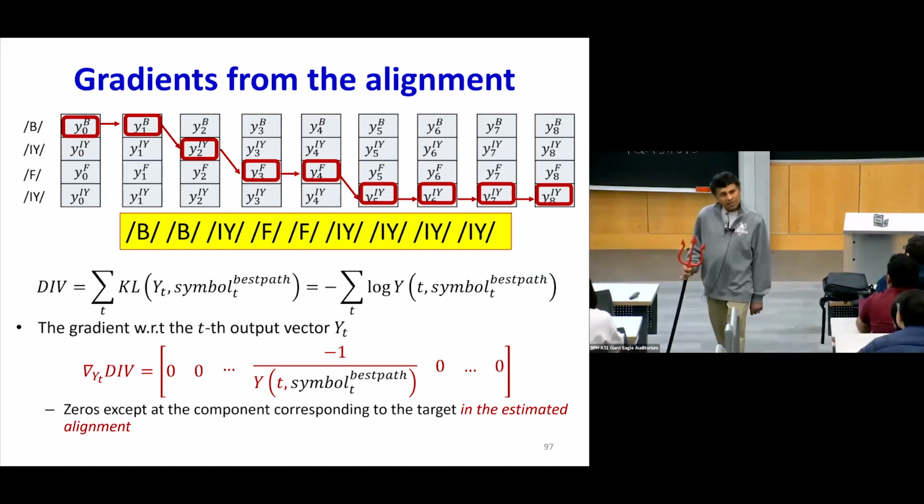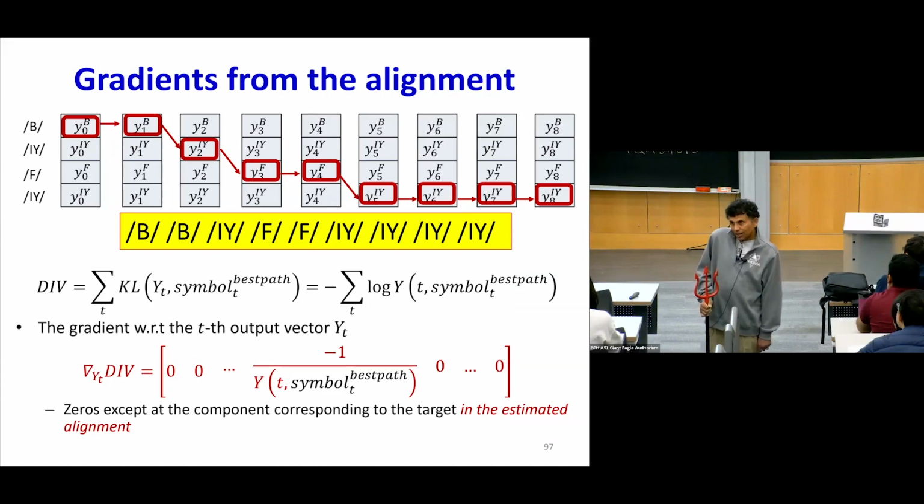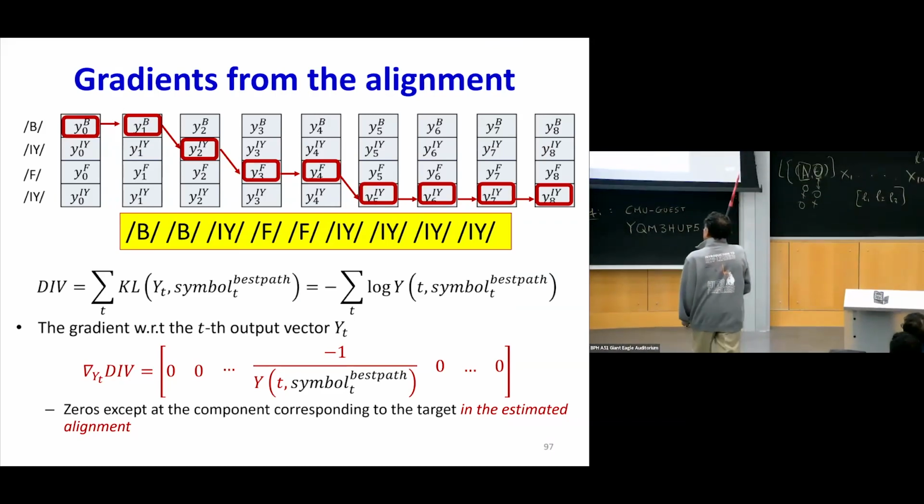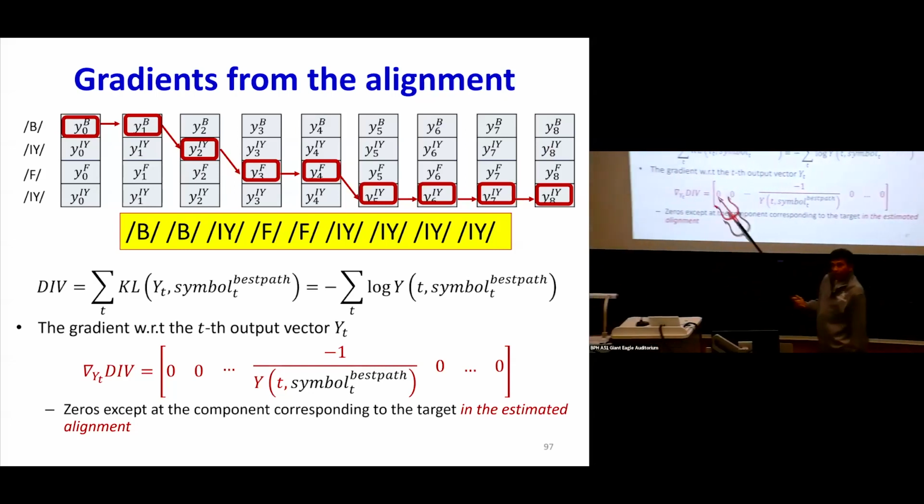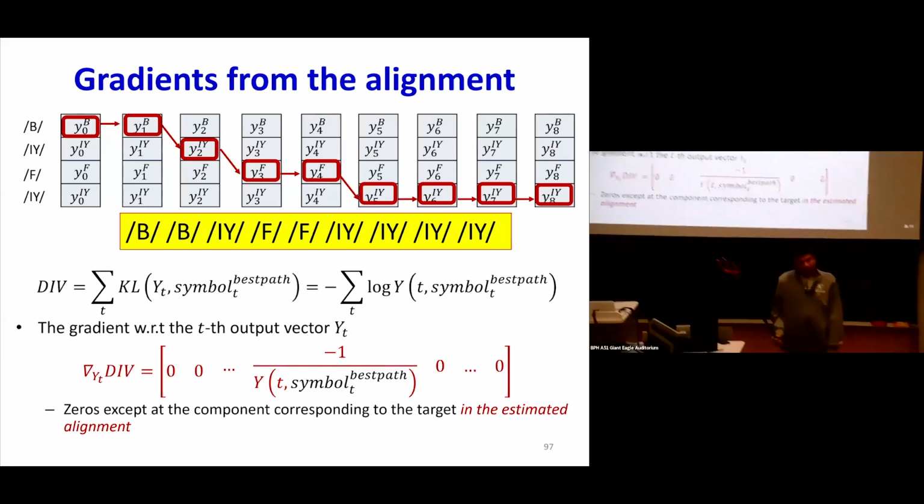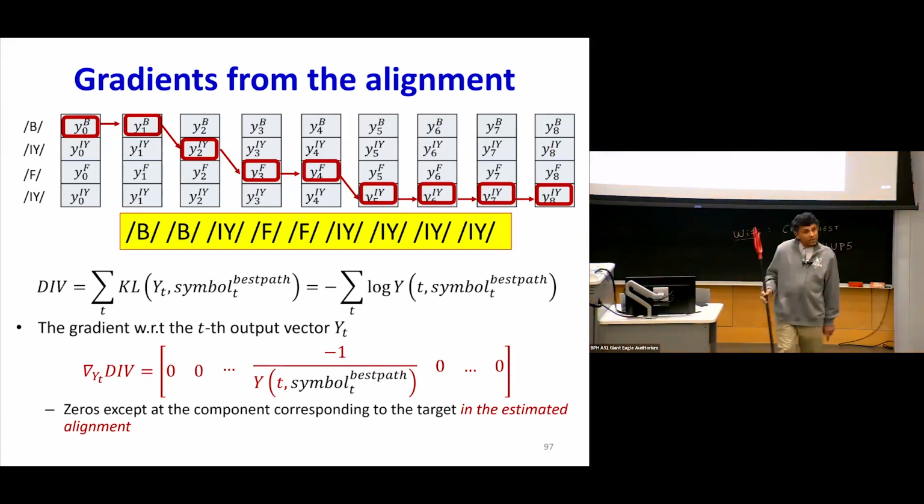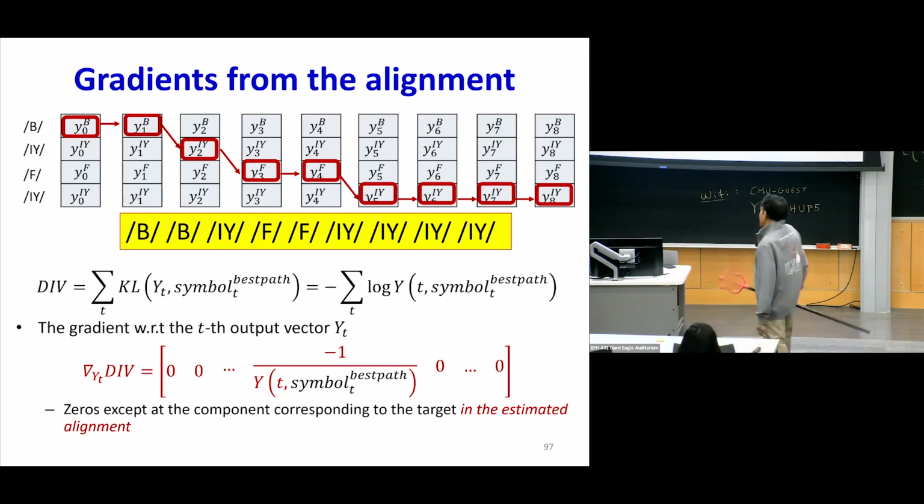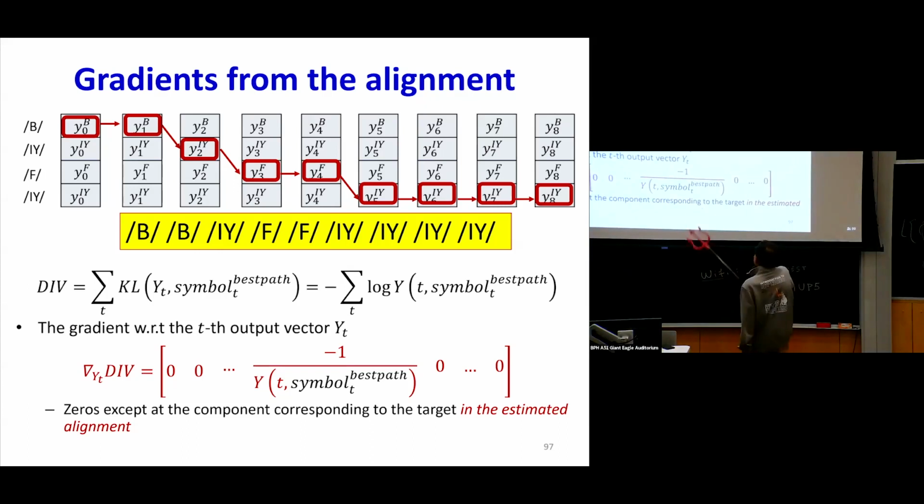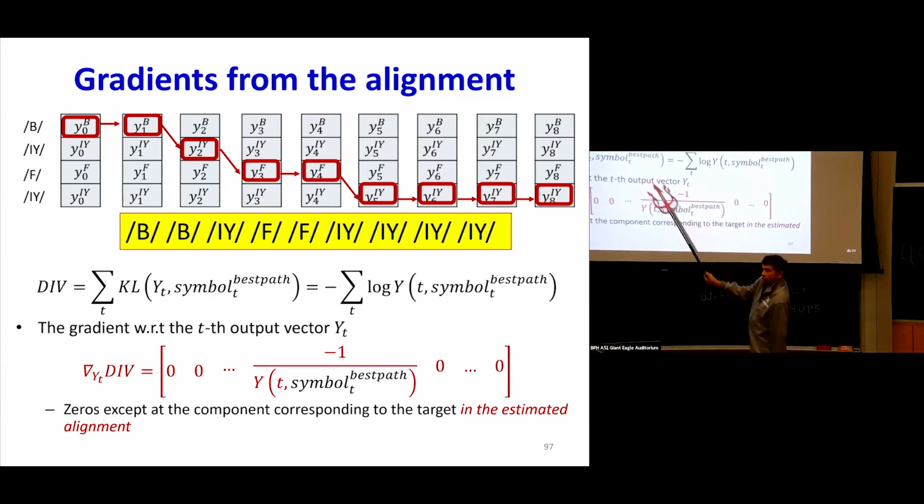Once I align my symbol sequence to the input, it becomes time synchronous, right? And because it becomes time synchronous, I can simply write the divergence between the two sequences as the sum of the divergences at each time, your standard KL divergence across entropy. And if I'm using one-hot representations to represent the target symbols, then the KL divergence we know simply becomes the negative of the log of the probability of the target symbol,